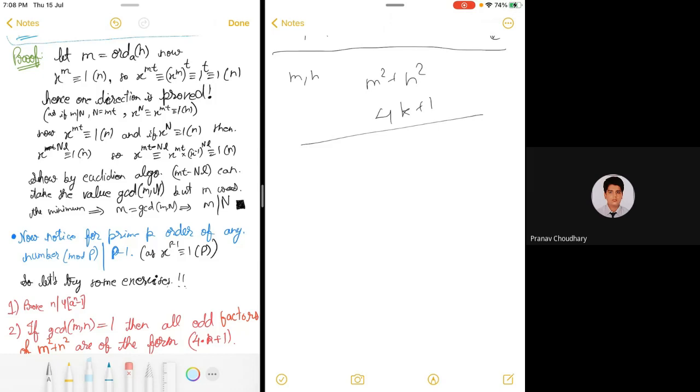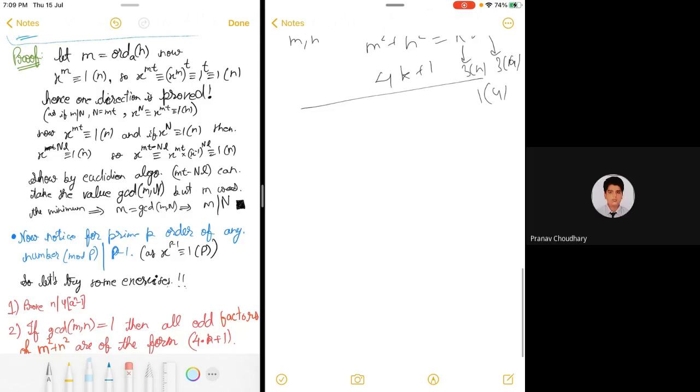Yes, but how will you prove that every factor of m square plus n square which is odd is 1 mod 4? Hmm, it can be that m square plus n square is some k times L, where k is 3 mod 4 and L is 3 mod 4. But k times L is then 1 mod 4, because 3 mod 4 times 3 mod 4 is 1 mod 4. Okay, so a minute more.